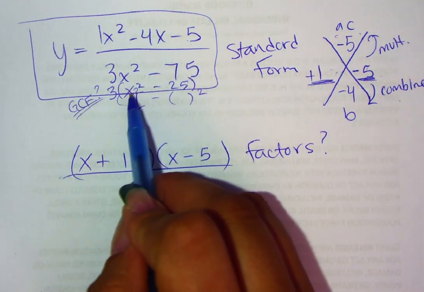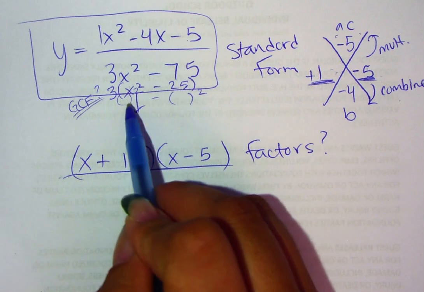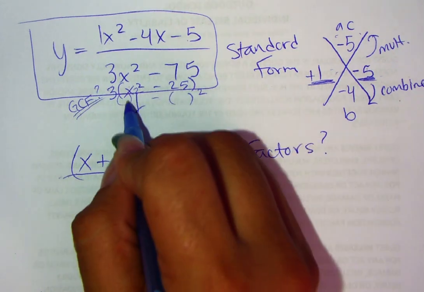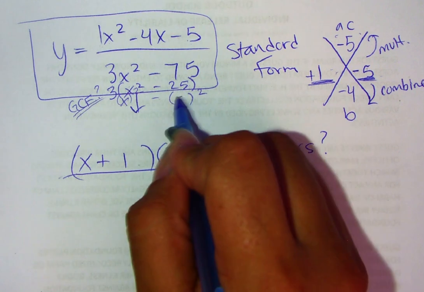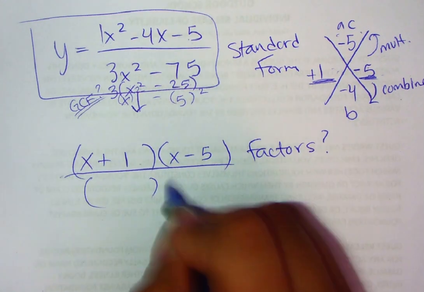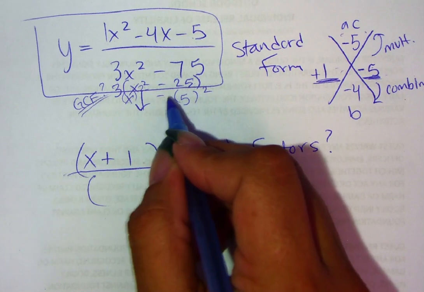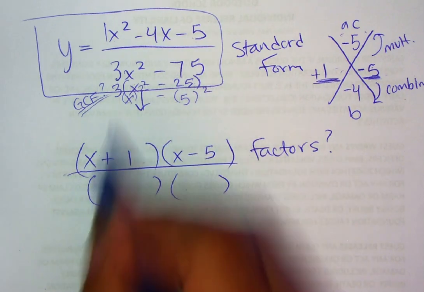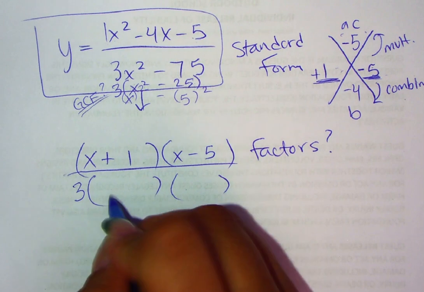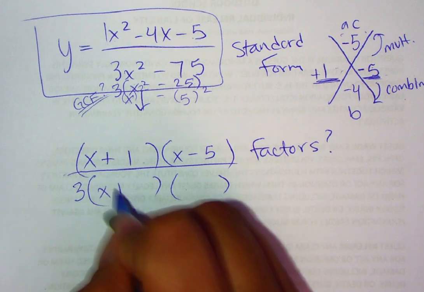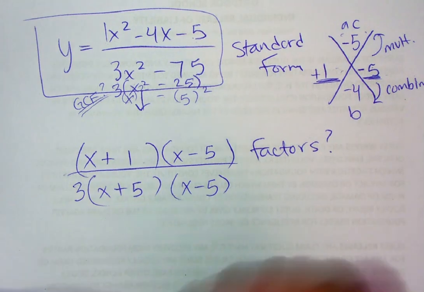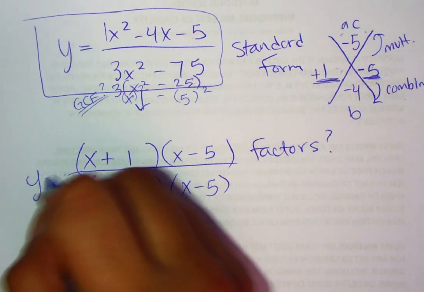And that x squared minus 25 is something squared minus something squared. That does give you that difference of squares of x squared minus 5 squared, which means we could write down our two binomials for the difference of squares, but we also have to write that 3 in the front that we factored out initially. And the difference of squares will give us the x plus 5, x minus 5 binomials. So y equals